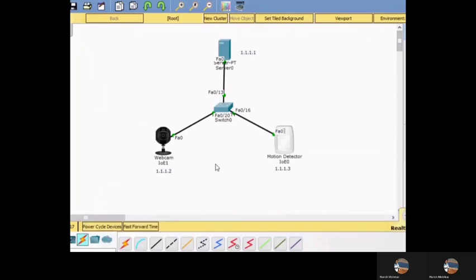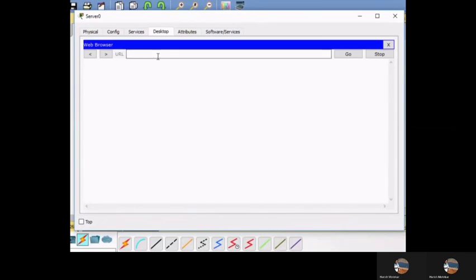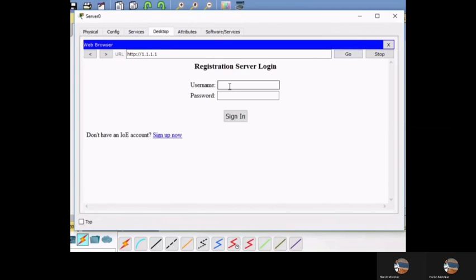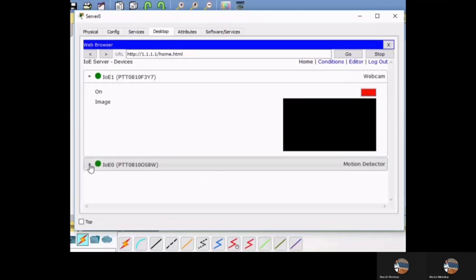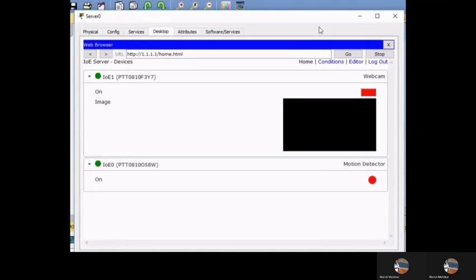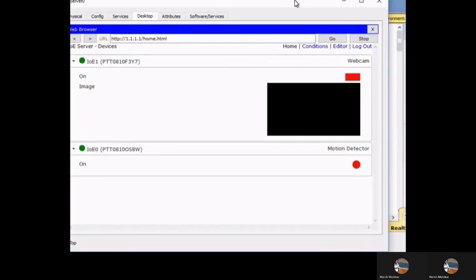Okay. After this, we can check in the server whether the components are connected or not. So go to the web browser. Write the user ID and password, admin and system. You can see here two components are connected, IoE1 and IoE0, as I have not renamed these components yet.